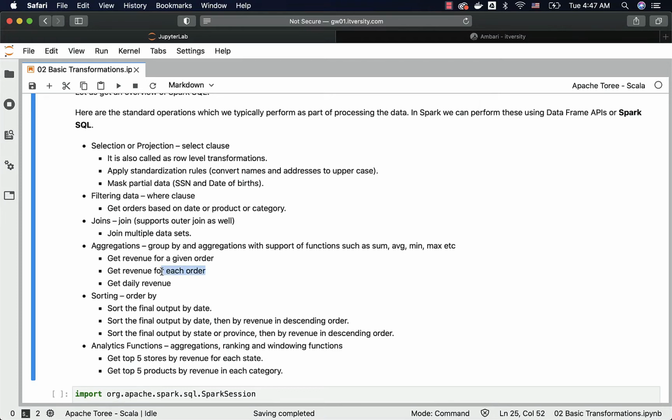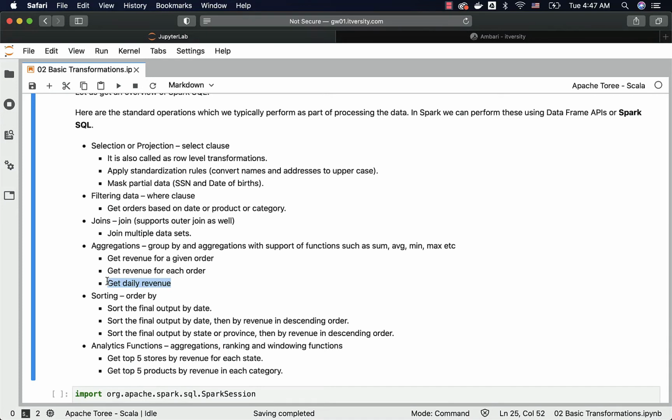Then get revenue for each order or for each store, where there will be a key such as order ID or store ID. Then we'll be able to get the revenue for each and every order or store, or it can be daily revenue, which means revenue for each date. So the key will be date and revenue will be the amount of revenue generated from all the transactions that are done for a given date or for all the dates within the dataset.